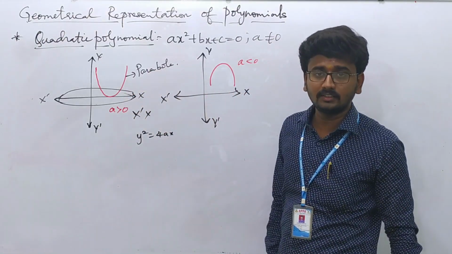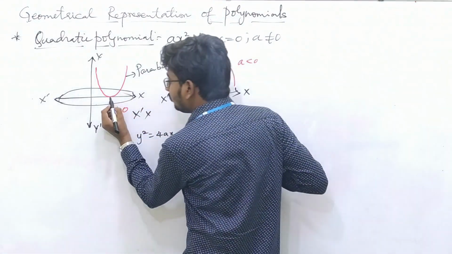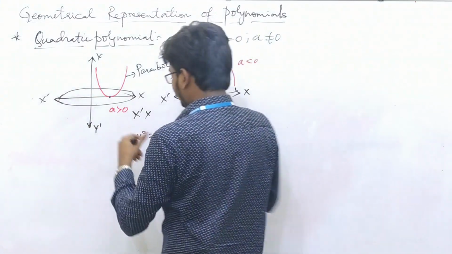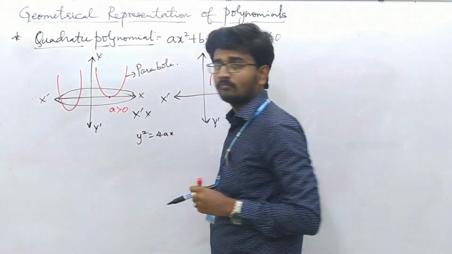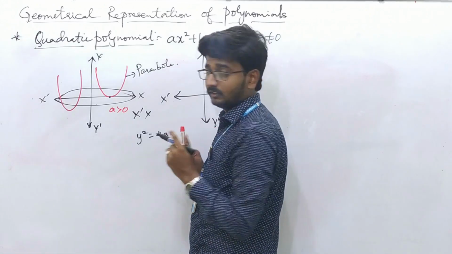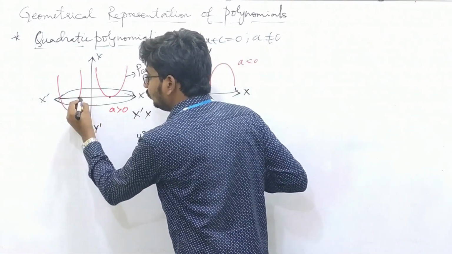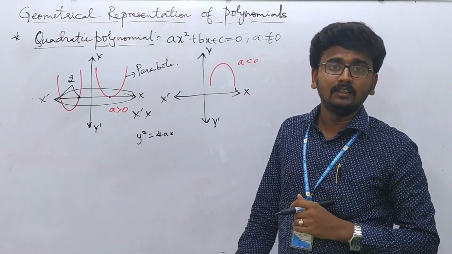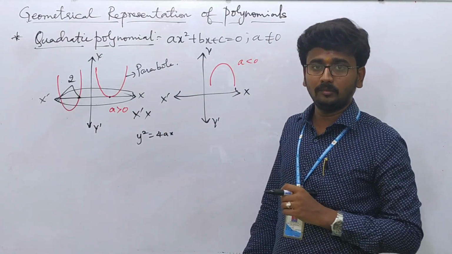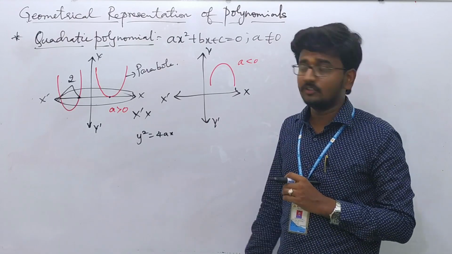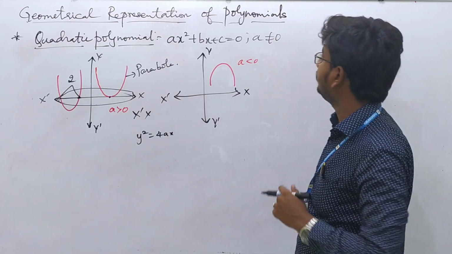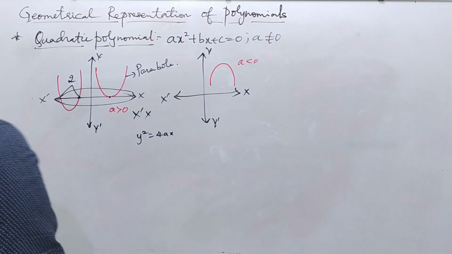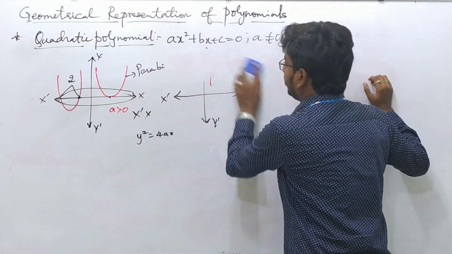Now coming to this example itself, here it is intersecting only at one point, meaning it has one root. Even it may intersect in this fashion. Along the x-axis, I said, how many times is it intersecting? 1, 2. Totally 2 roots. So in this way we can say how many roots are there for that particular polynomial. So generally it is said as a geometrical representation of polynomials. Let me explain you with some examples of this geometrical representation.